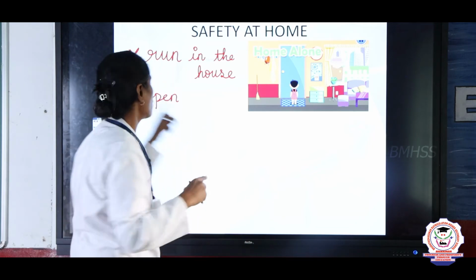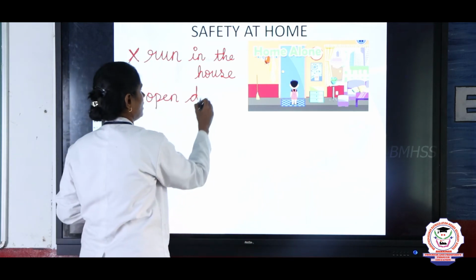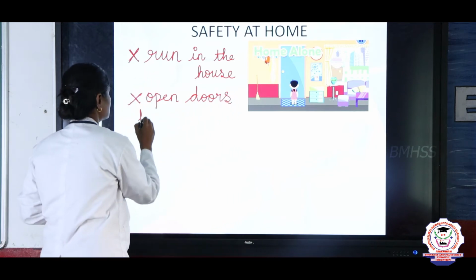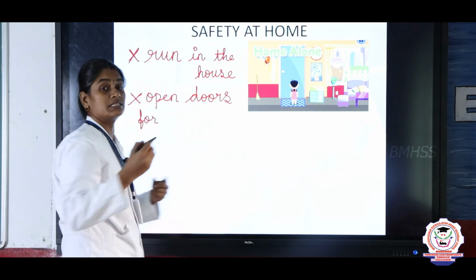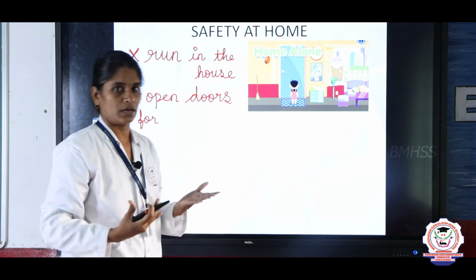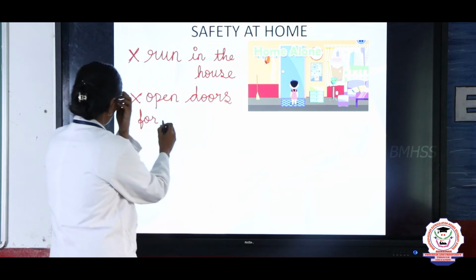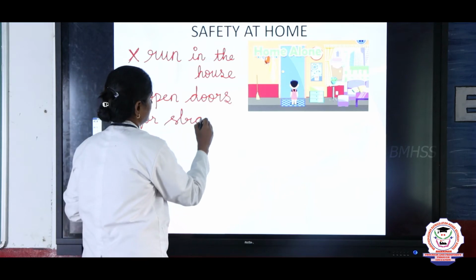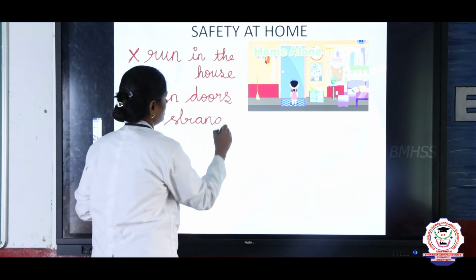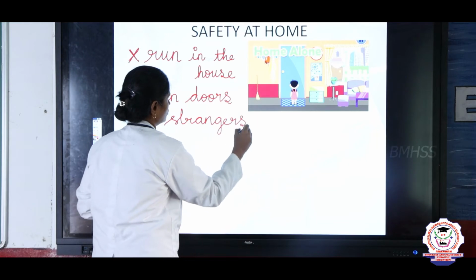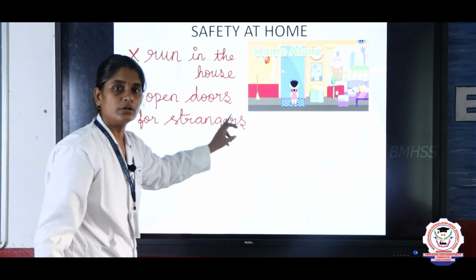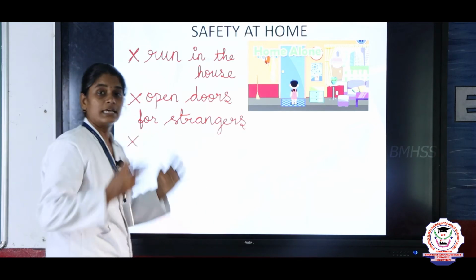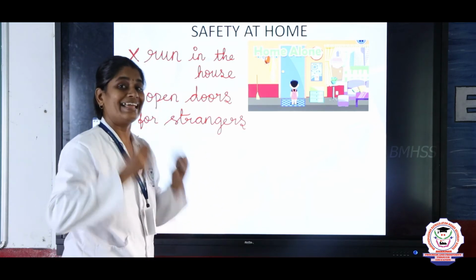So, do not open doors, D-O-O-R-S, doors for strangers. Strangers are the persons that you don't know who they are, right. So, unknown person. So, do not open doors for strangers, S-T-R-A-N-G-E-R-S. So, do not open door for strangers, and do not accept any eatables or do not take any eatables